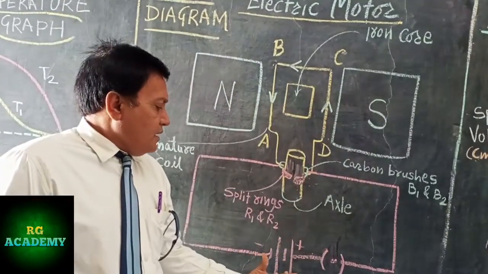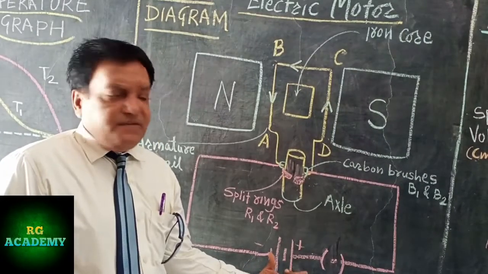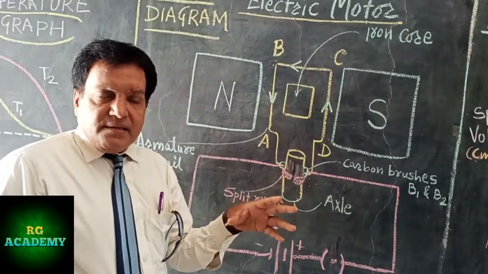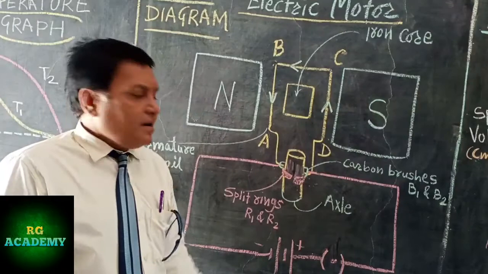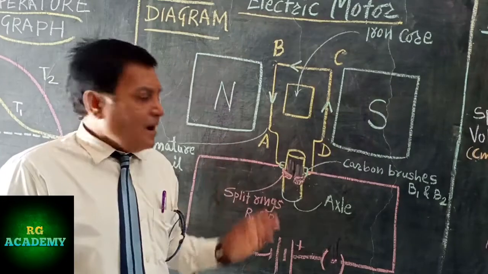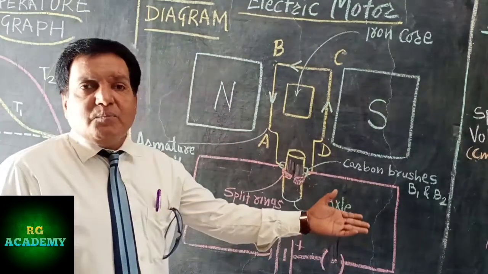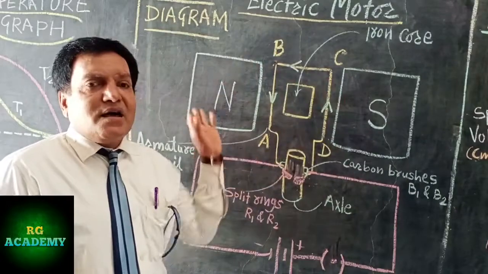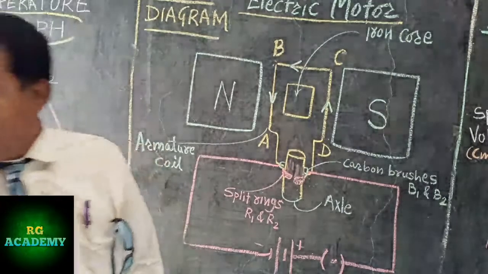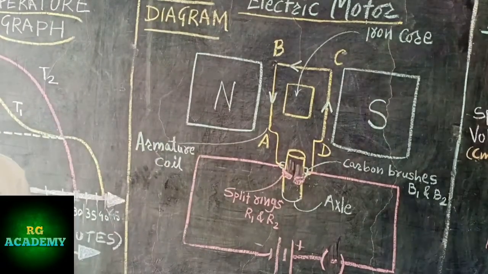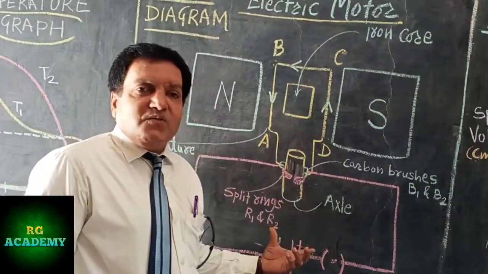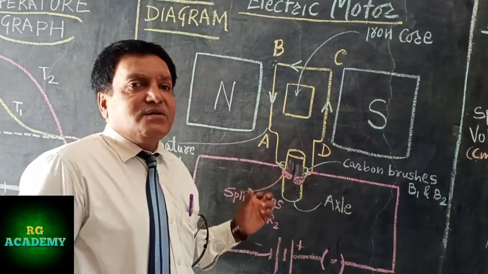So we know that when a voltage is applied, in general, as soon as the voltage is applied, current will start flowing, and current always flows from the positive terminal of the battery. It comes out from the positive terminal of the battery, and after flowing in the circuit, it goes to the negative terminal of the battery. So current always flows from the positive terminal of the battery to the negative terminal of the battery.